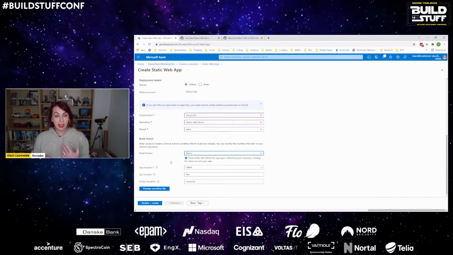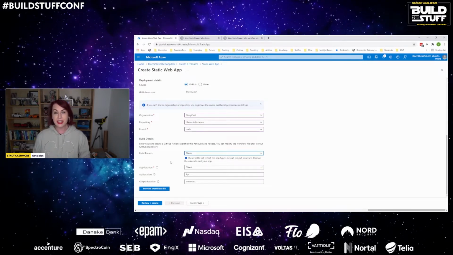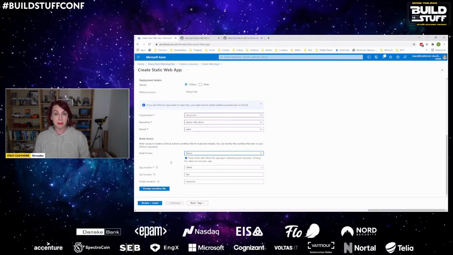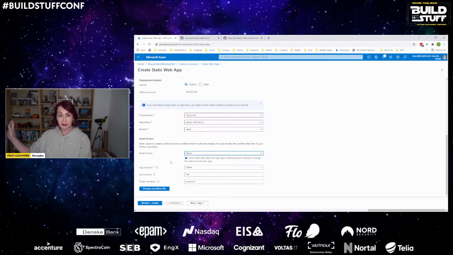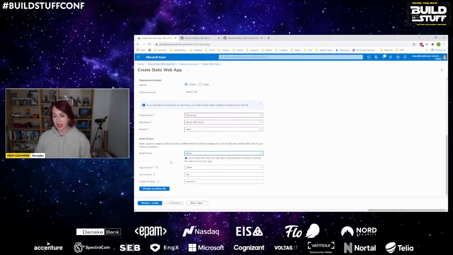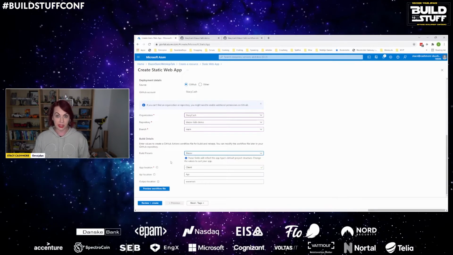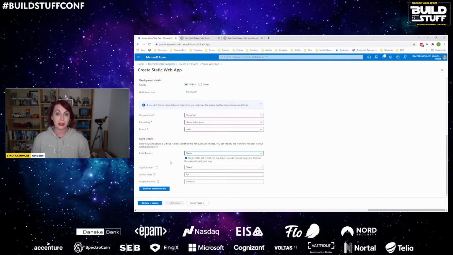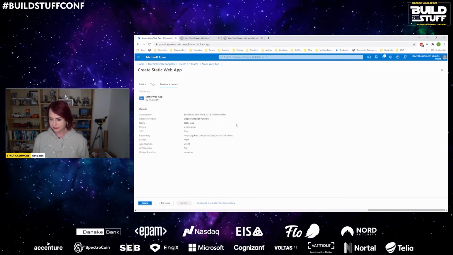Well, because we use client and API in our project names, we can leave these as they are. The output location, as far as I can see for a Blazor application, doesn't matter as long as it's not a folder that already exists. The magic happens in the build pipeline, and that's okay. If you're doing something like Angular, it's a lot more important to know where your output folder is. And if you're going to be doing that, I suggest looking at the documentation to find out what you need. Right, let's create this now.